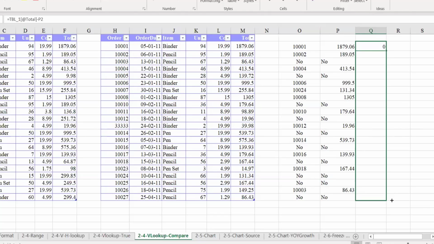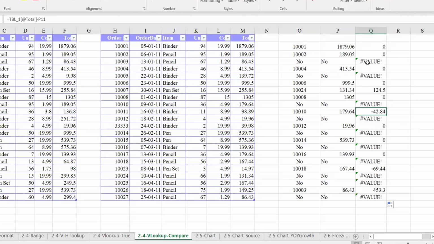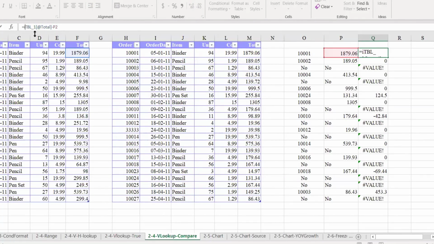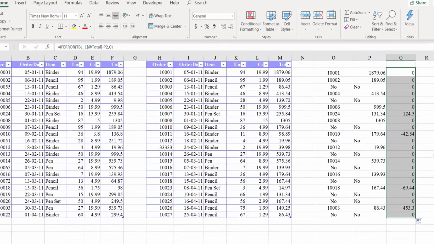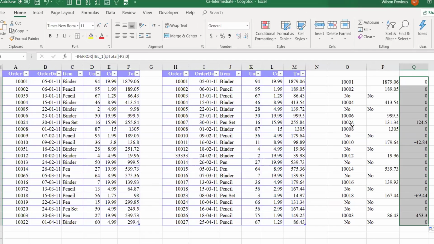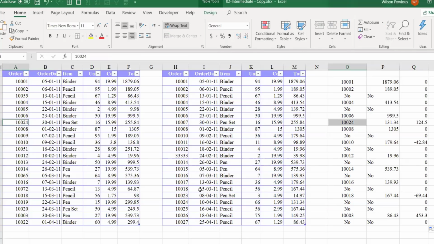If it is same, fine. So if you look at here, this is again if error is there. So I'll just put IFERROR here. So wherever this error comes, we can use this IFERROR, and I'll say here 0. So if you look at this, see, even though this 10024 exists here and here also this one. So this is existing in here as well as in this list. But the problem here is this amount is 255, but the amount here is 131. That's what it says. See, 131 and this is 255. So the difference is 124.